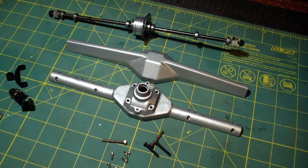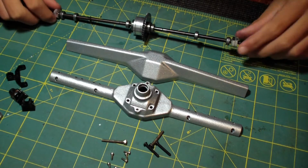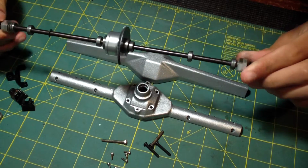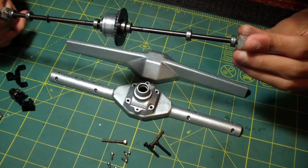But while I had it apart, I wanted to show you guys how to put it back all together and how this thing functions. So I know a lot of you had questions on that because some of you have never seen a solid axle before, so I'm just going to show you guys how this thing goes back together. So first off,